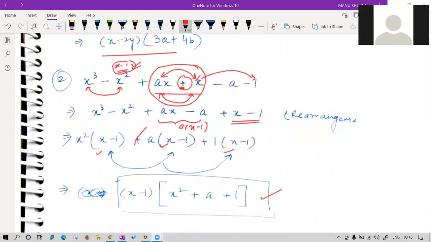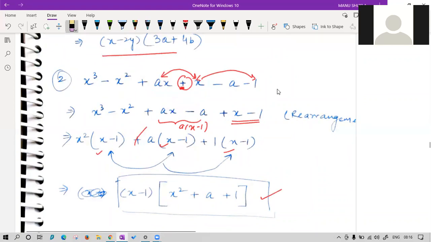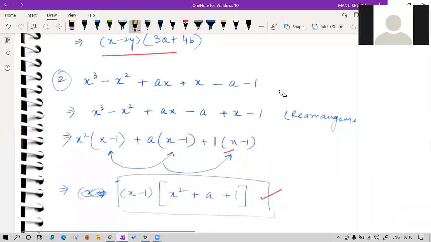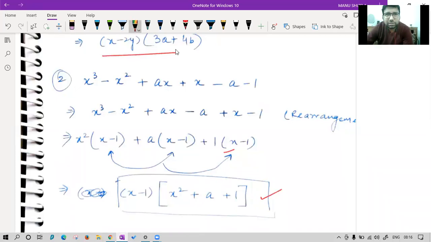Khushi. Excuse me, sir. Yes, Khushi. Sir, I have a doubt in second question. How will the ax minus a come? Okay, 1 second, beta. How did it come? This thing, second step. Yes, sir. Okay. But I have only done the rearrangement, nothing else. Let me show you. 1 second. I have just brought this over here.